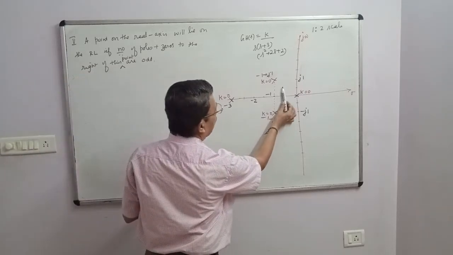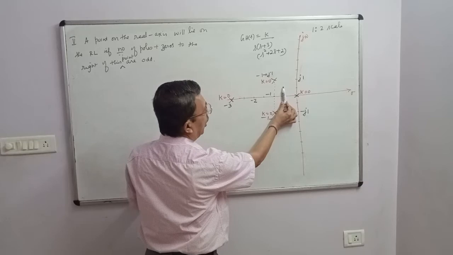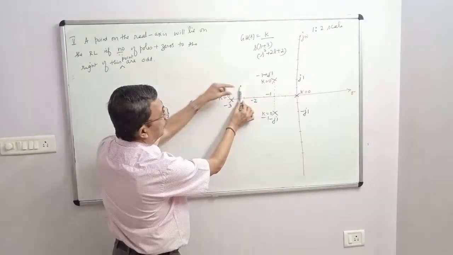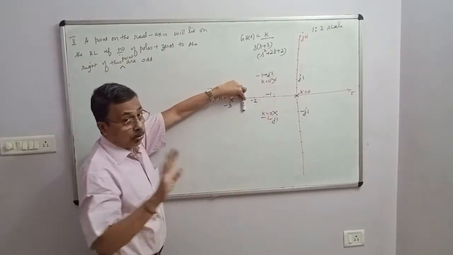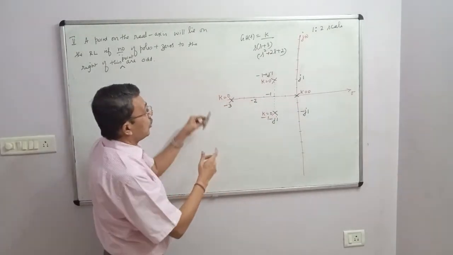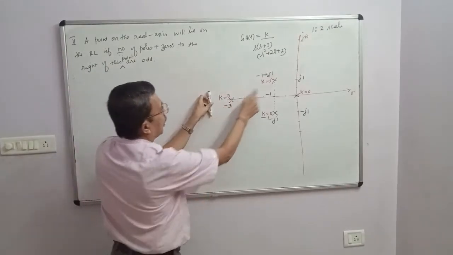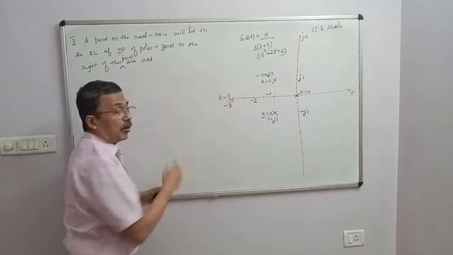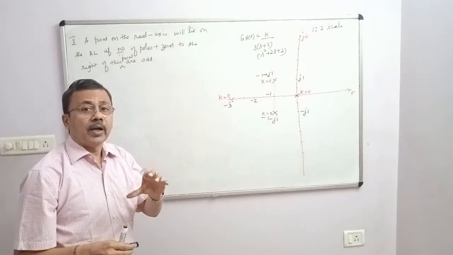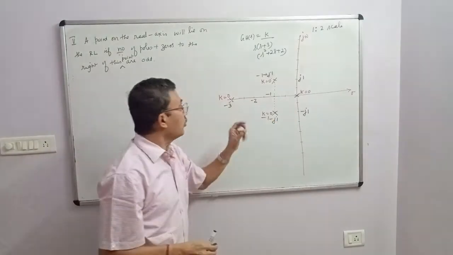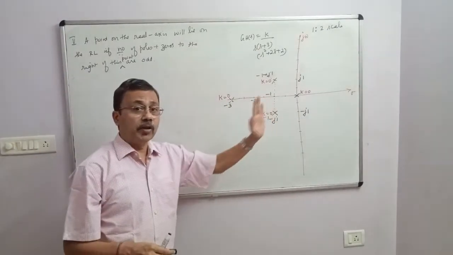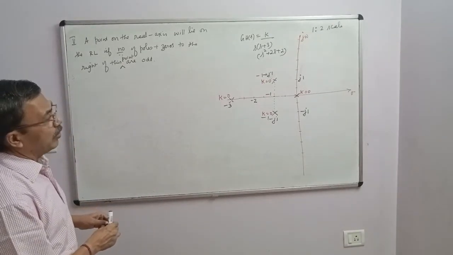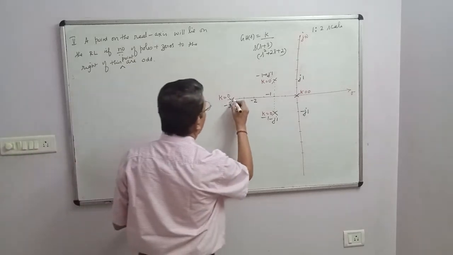Let me take this point. To the right of this point, you have one pole and no zeros, so 1 plus 0 is 1. To the right of the next point, there are 3 poles and no zeros. Take a point here; to the right, there are 4 poles, no zeros. To the right of this pole, the number of poles plus zeros is an even number. Between these 2 poles, you take any point and see to the right of that point, the number of poles plus zeros is always an odd number. So this is the real axis locus.